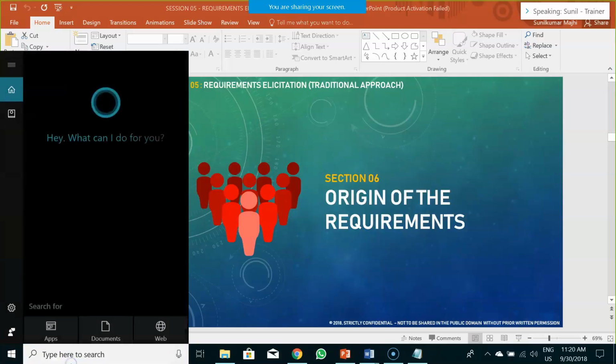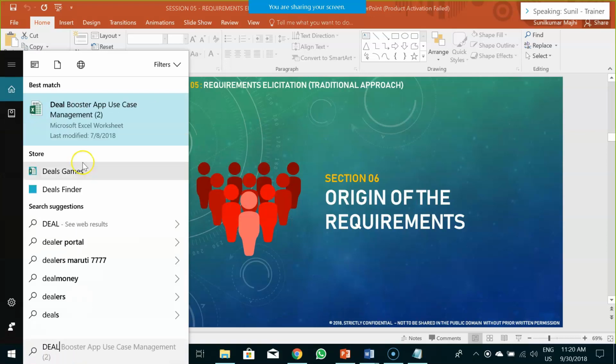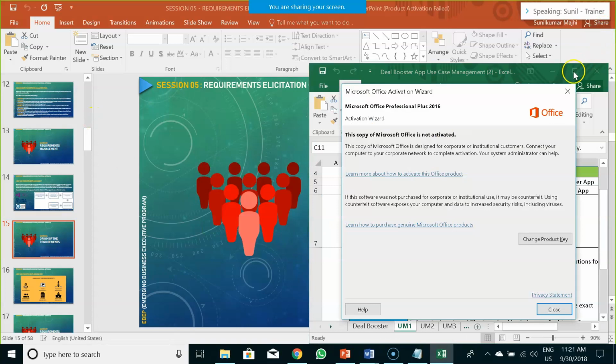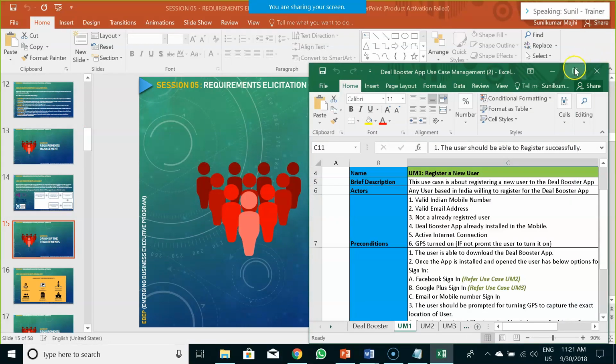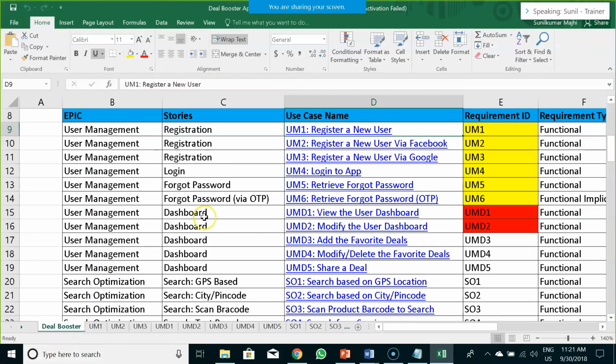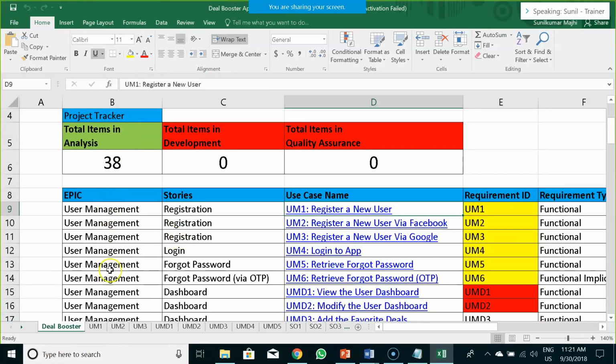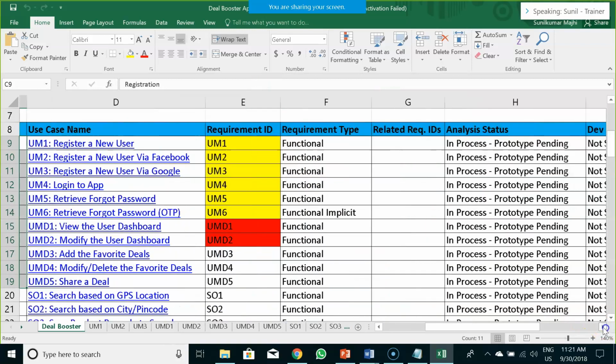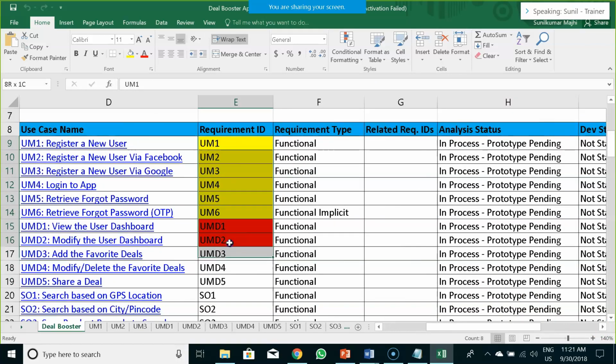To show you how this looks, this is something I had created. You can have your requirements in this fashion; this is actually written in an agile context. These are the modules, these are the stories, and these are your actual requirements, the use cases. Every requirement use case has a unique ID and a requirement type, whether it's functional or non-functional.